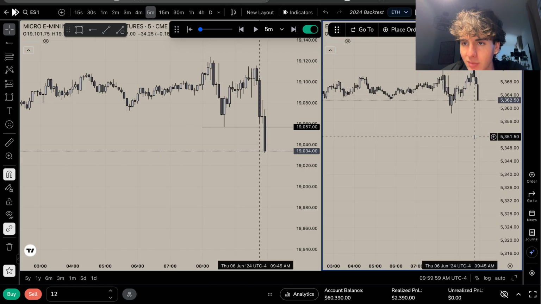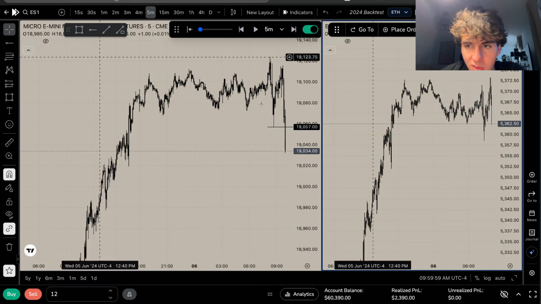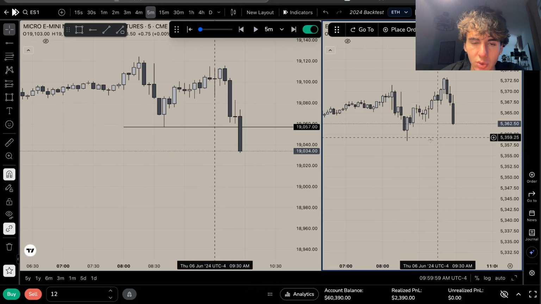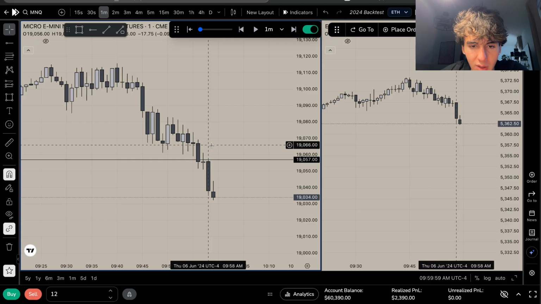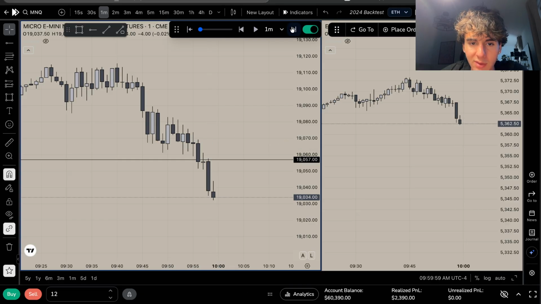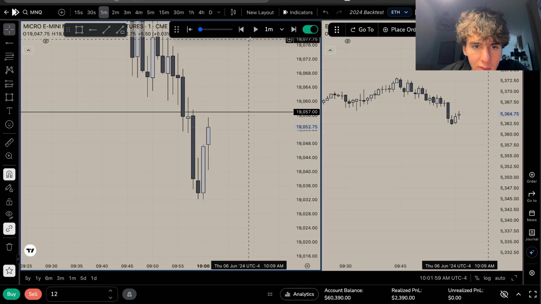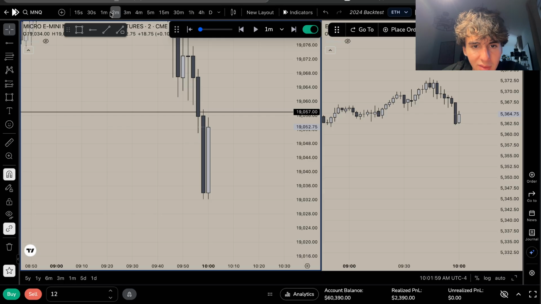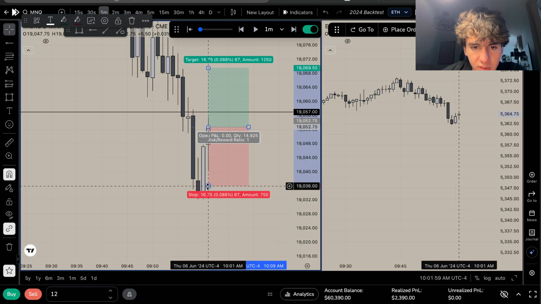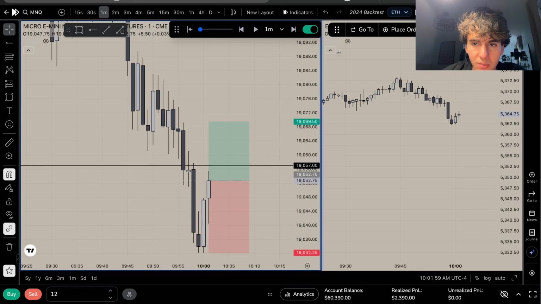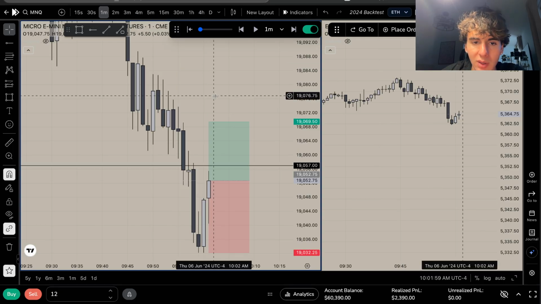We had like the SMT here with all-time highs, pretty sure. Yes, we did, but still, I'm not going to just short off of all-time highs. We just have the 4-hour gap. We have good structure here. 10 a.m. is about to open up, so I'll let 10 a.m. do its thing there. And yeah, honestly, do I take this right here? I'll honestly take this. This is kind of exactly what I wanted to see. We swept the 4-hour. See how ES is looking. Put in a 4-hour intermediate low on ES as well.